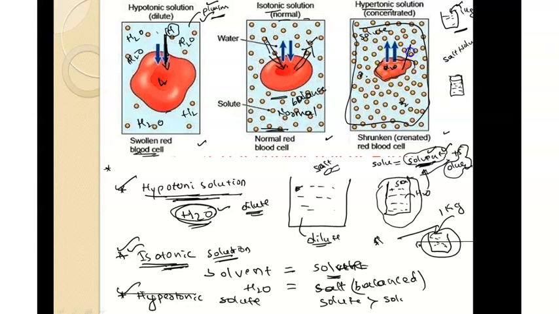So water molecules will start coming out. As the water molecules start coming out, what happens? Cells will shrink down. They'll be crenated, meaning they are going to lose water, right? Then the size will reduce. It will shrink down. So this is how the cell behaves in three different kinds of solutions. I hope you understood.